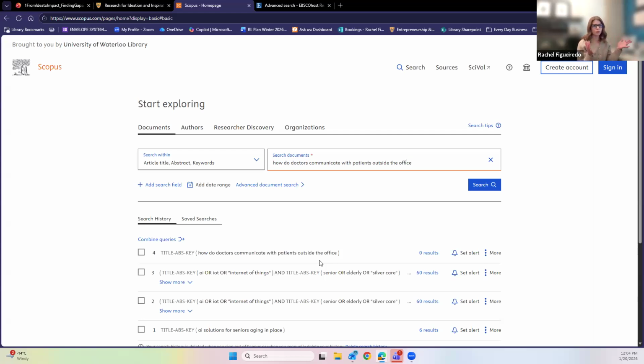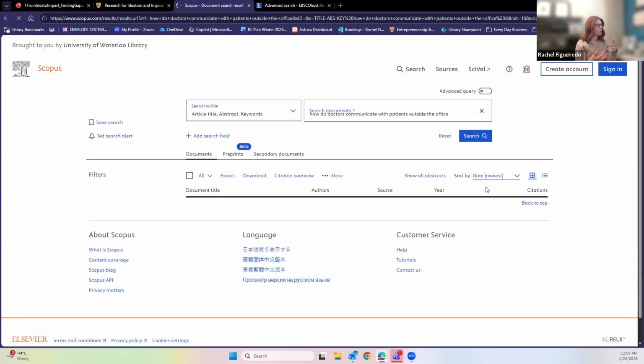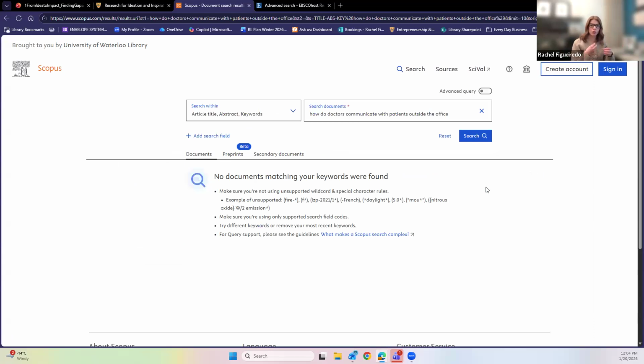If I was new to searching in this field and I am used to searching in Perplexity or ChatGPT or Copilot or Google Scholar, this is probably how I would start my search, which makes a lot of sense because all of those tools are really good at natural language prediction. I can type in the word doctor and it's going to understand that I mean doctor or healthcare practitioner or physician. I can type in phrases like outside the office, and it's going to do its best to understand what I mean by that.